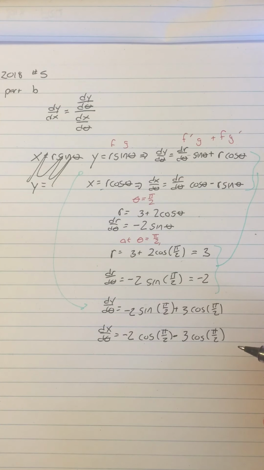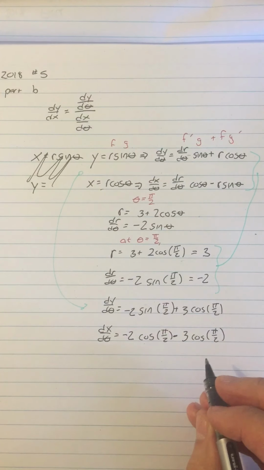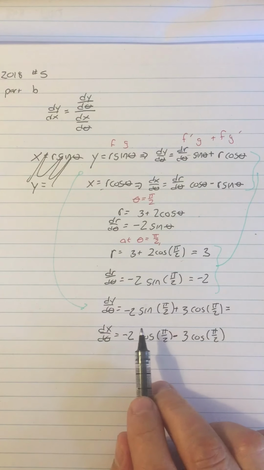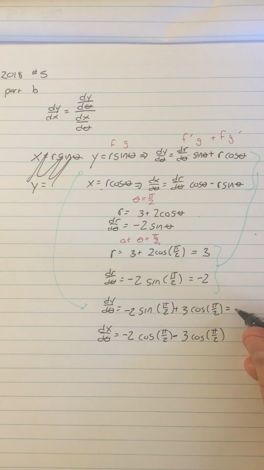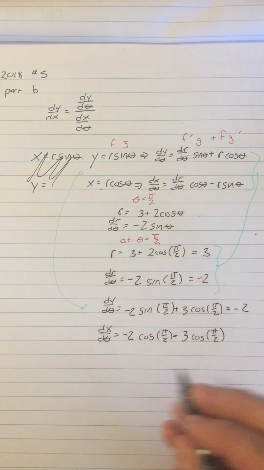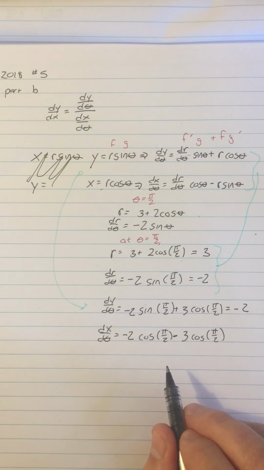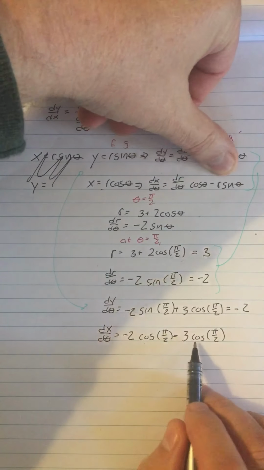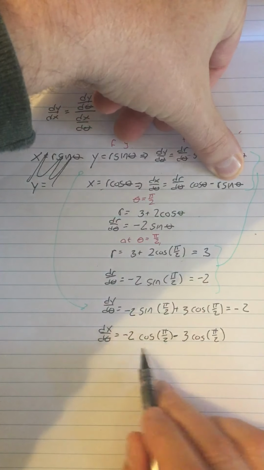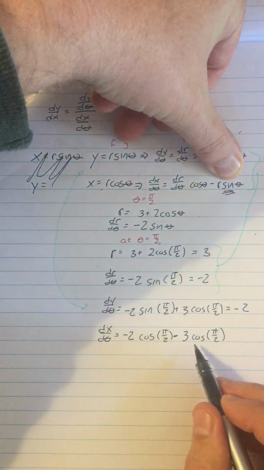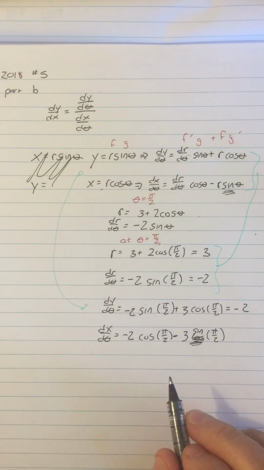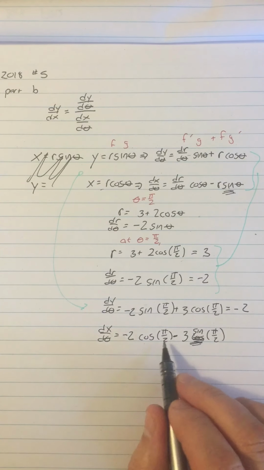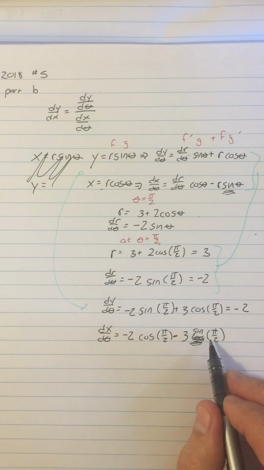And let's see. Yeah, then we can just simplify those quite a bit because the dy d theta then is negative 2 times 1 plus 3 times 0. So dy d theta is just negative 2. And dx d theta, did I miss something? This is supposed to be sine here, right? I thought these two shouldn't match, right? So I'm looking at this r sine theta. This should be sine of pi over 2. I just think those two shouldn't match. So cosine of pi over 2 is 0, so sine of pi over 2 is 1,